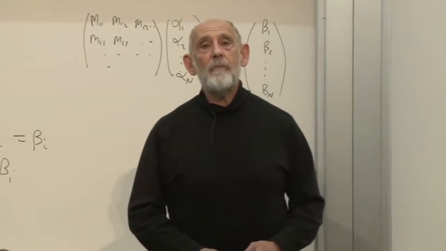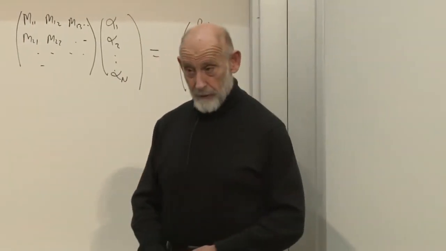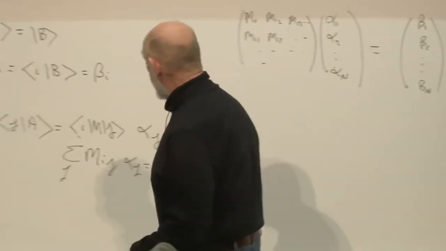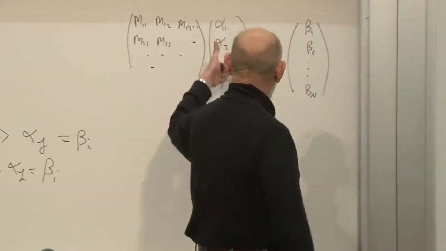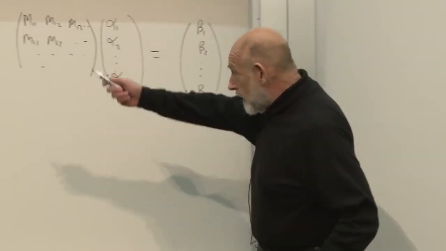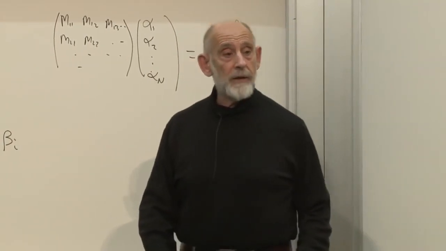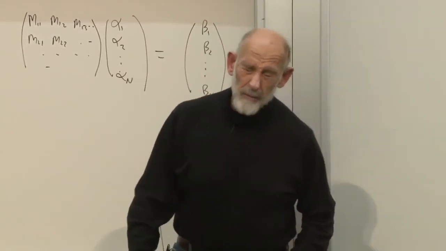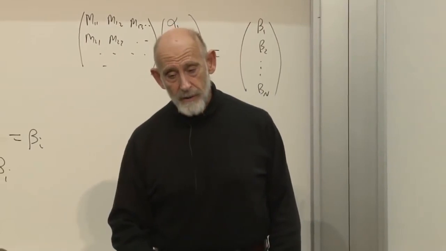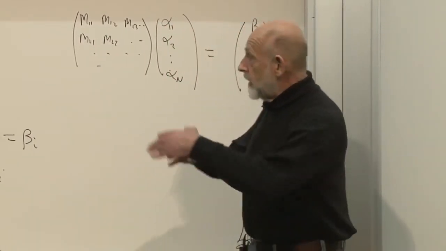You might ask whether complex conjugation is a linear operator. I take the components of a vector and replace them by their complex conjugates. The answer is no, it is not. And you can check the definitions. Complex conjugating the components of a vector is not linear. What it does do is it takes a vector,